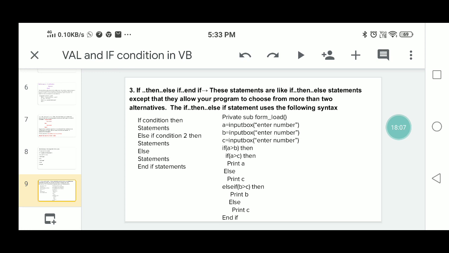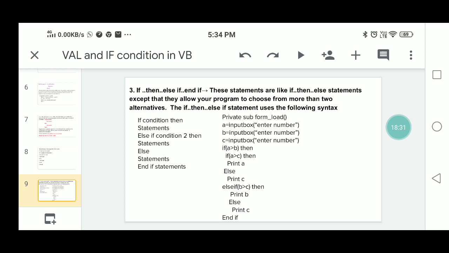So here is a program for this. I can take 3 variables: a, b, c. A will be taken through an input box asking to enter a number, b through another input box function, and c through another input box function.